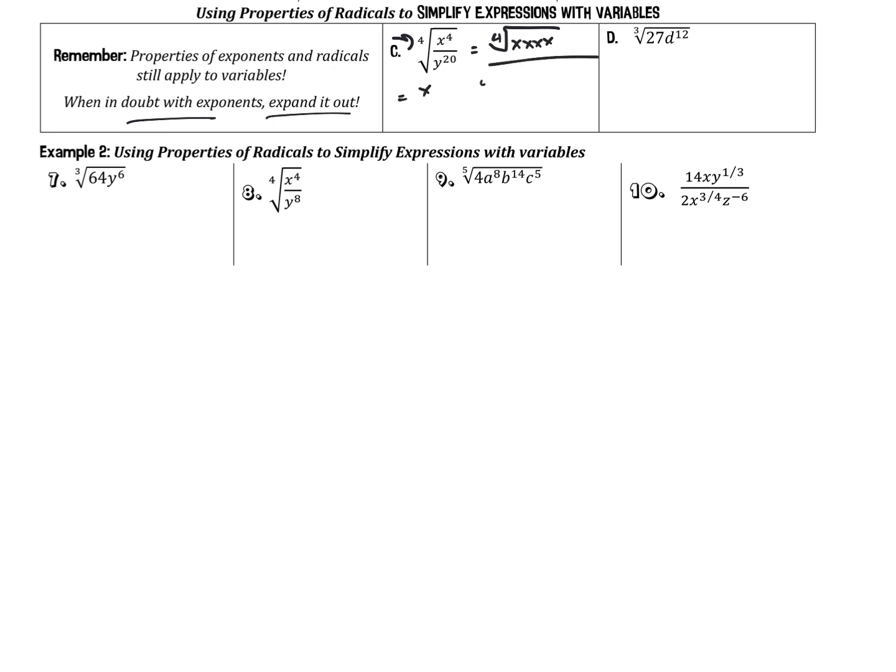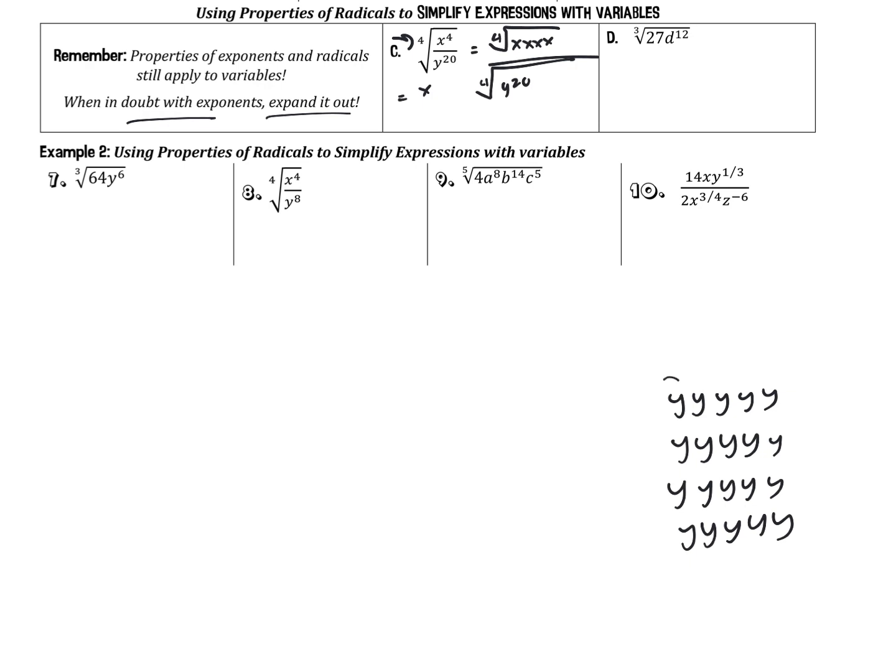On the bottom, we're looking at the fourth root of y to the 20th. So if I had 1, 2, 3, 4, 5, 6, 7, 8, 9, 10, 11, 12, 13, 14, 15, 16, 17, 18, 19, 20. And I'm looking for sets of 4. I'm going to have 5 sets of 4. So this is going to become x over y to the 5th. You could also rewrite it using rational exponents. So this would become x to the 4 over 4 over y to the 20 over 4, which again will